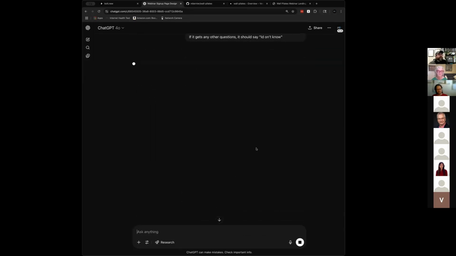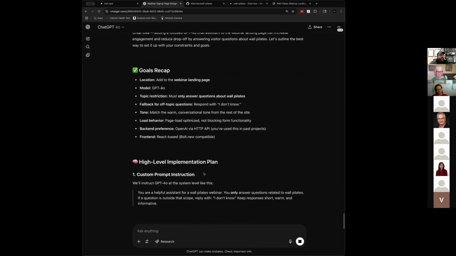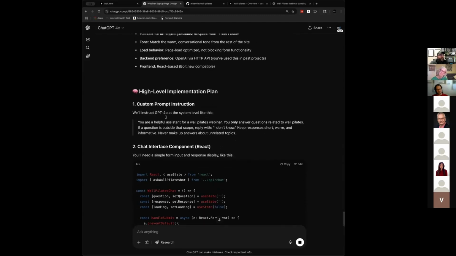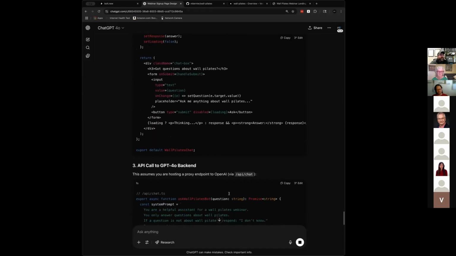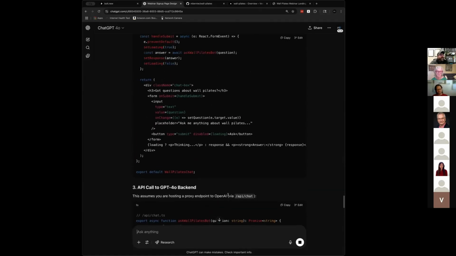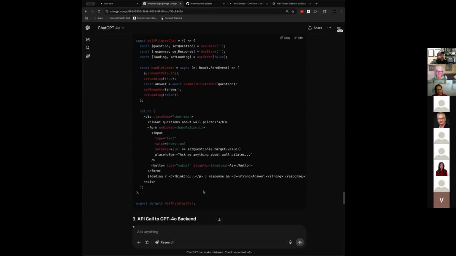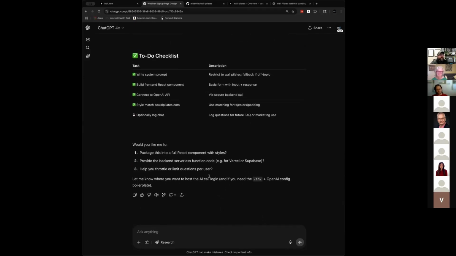See all my misspellings, all my bad typing, it handles all of that. Great. And you can just tell it that you want to do this. It'll tell you what the prompt is that you want to use. This just gave me the code for how to do it. So I could, if I wanted to, drop this into Bolt where these are, and then tell Bolt, hey, I put these two files in. Can you make sure this works? And it will set that up, drop your API key in for OpenAI, and then you can test it right there on the site.